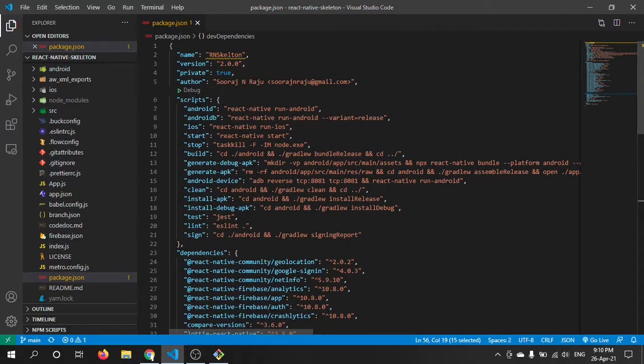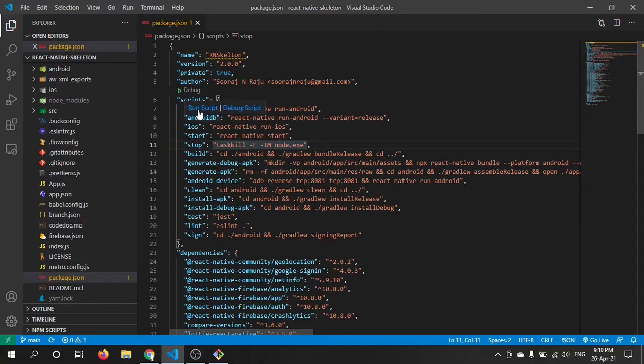The scripts are a kind of shorthand for the actual command. For example, here we can see react-native run-android. Actually, this is the actual command which we use to run our React Native source code in an Android environment.